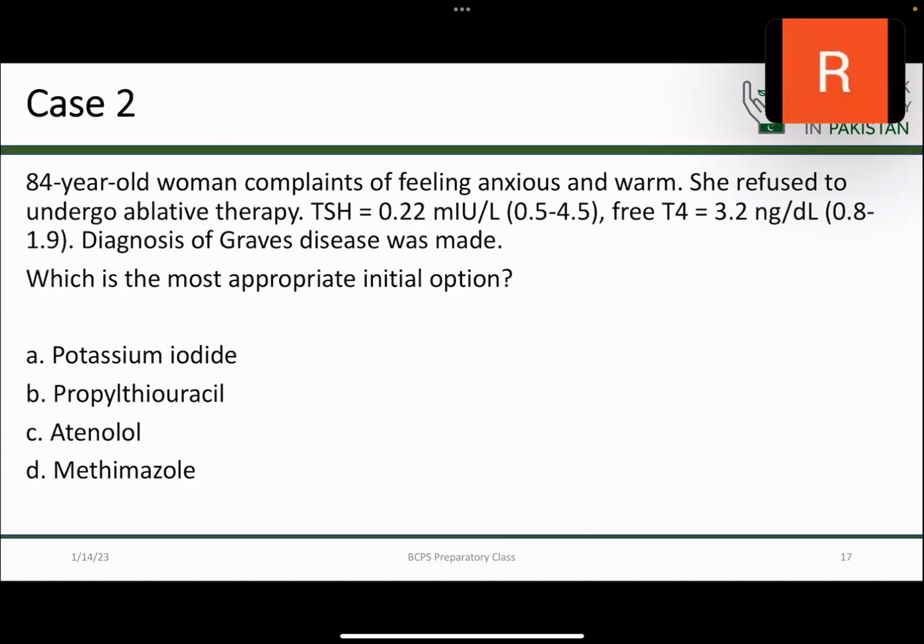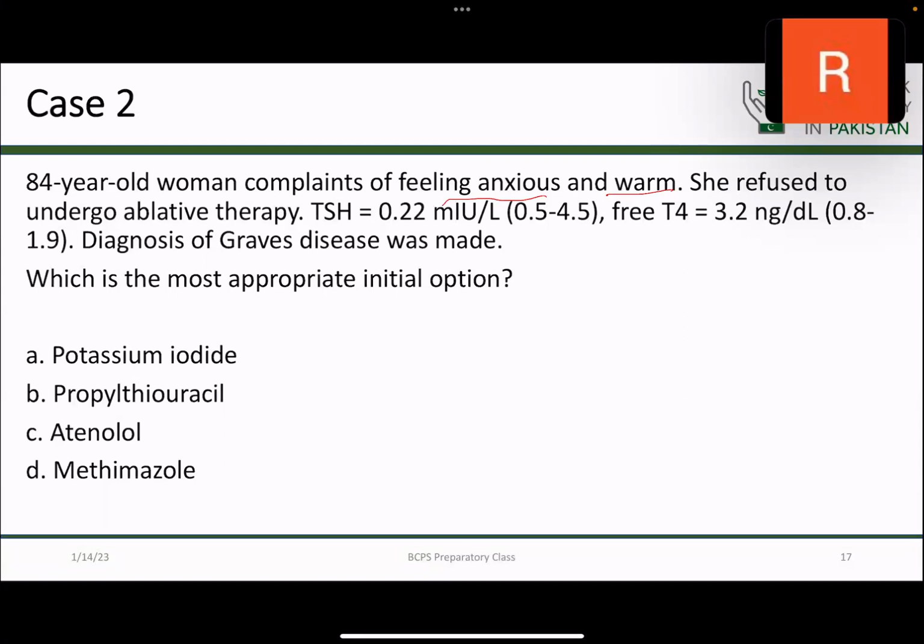So let's come to the second case, an 84-year-old woman. When you are attempting a question, you should pay particular attention to the age of the patient and other comorbidities as well. So an 84-year-old woman complains of feeling anxious and warm. Anxiety and feeling warm are symptoms of